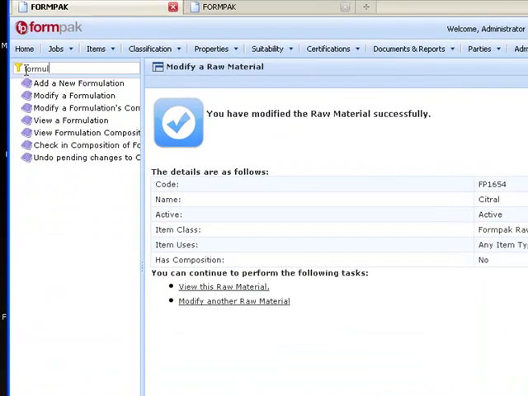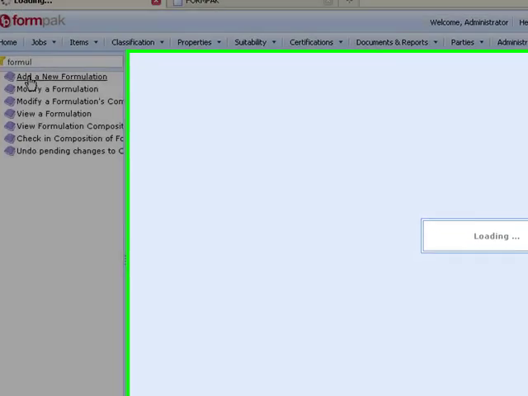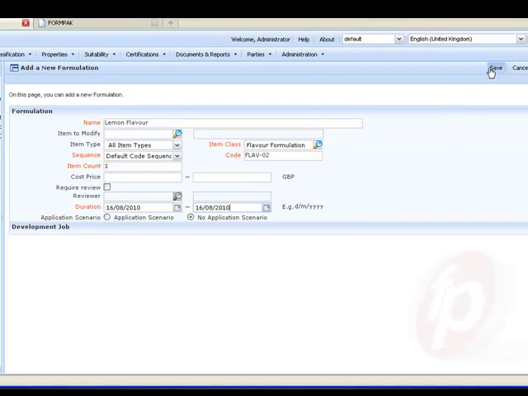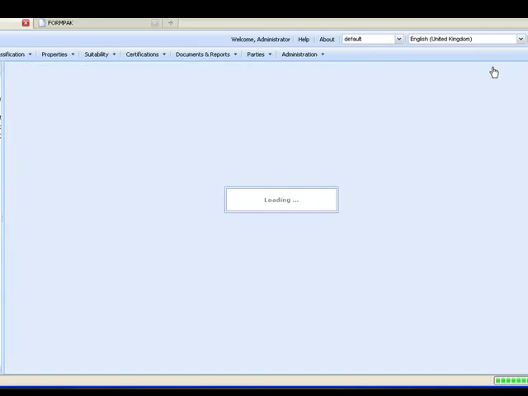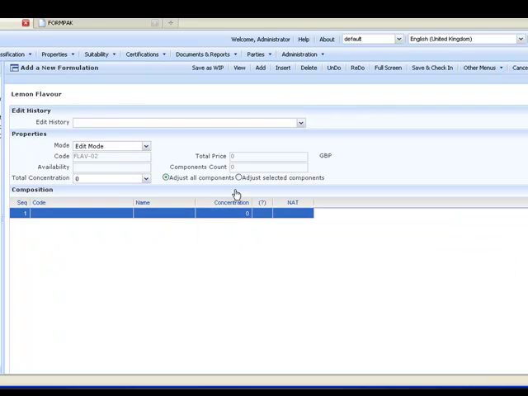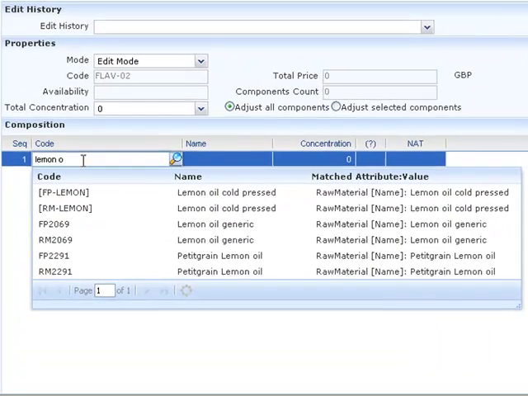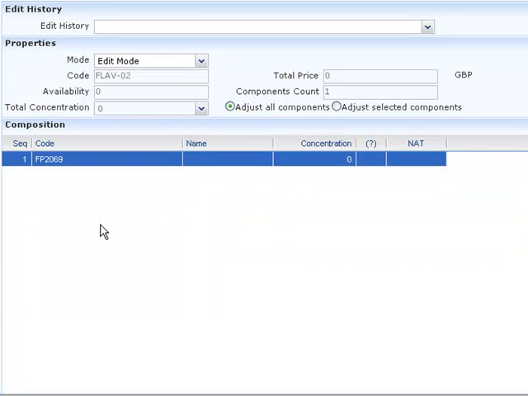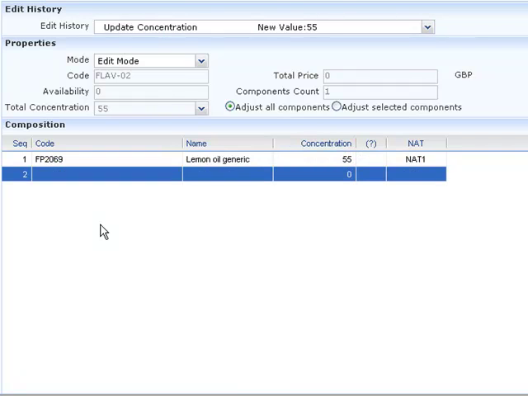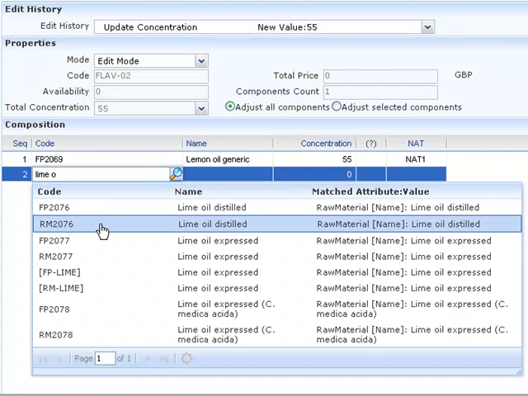So we can go on to add a new formulation in the usual way and save the formulation header details, and then we can start to add raw materials. We'll add a simple formulation using raw materials where the NAT values have already been specified. So we've picked up some lemon oil, lime oil,